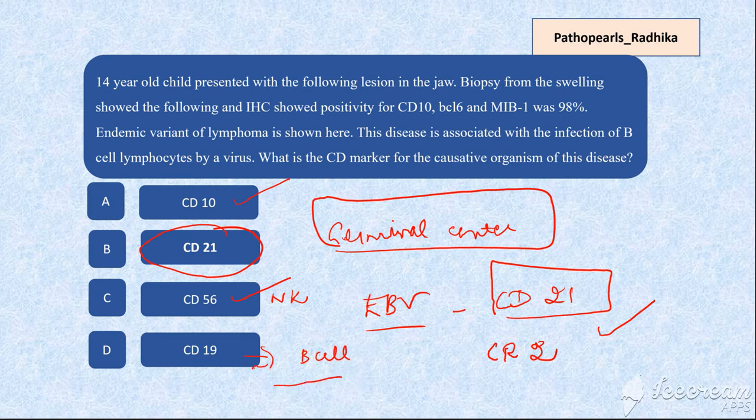Because I've told you it has a high proliferative rate, when you treat these tumor cells with certain drugs, or even spontaneously, they can undergo certain changes which can cause tumor lysis syndrome. So this we'll discuss in the next video.